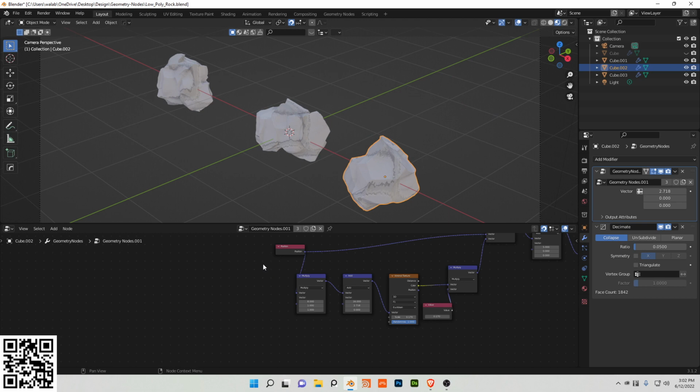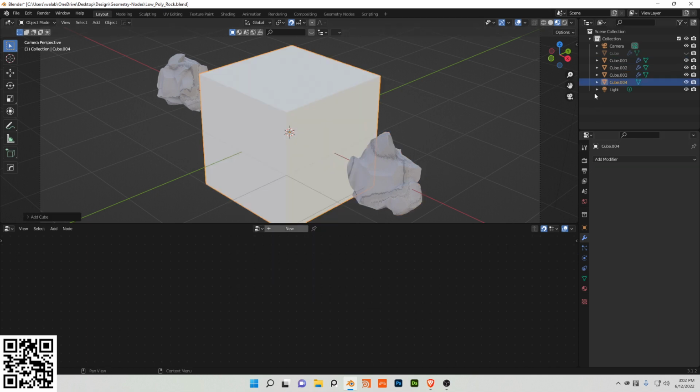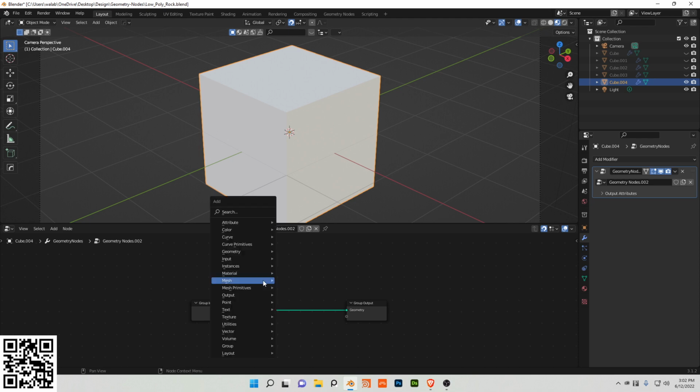In this video, we will go over how to make this procedural rock that has a seed value. You can change it and it'll generate different types of rocks. So we're going to start with doing a cube, turning these all off, doing a new geometry nodes, and we're